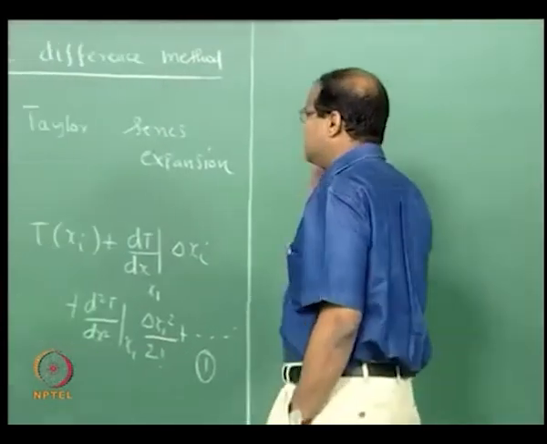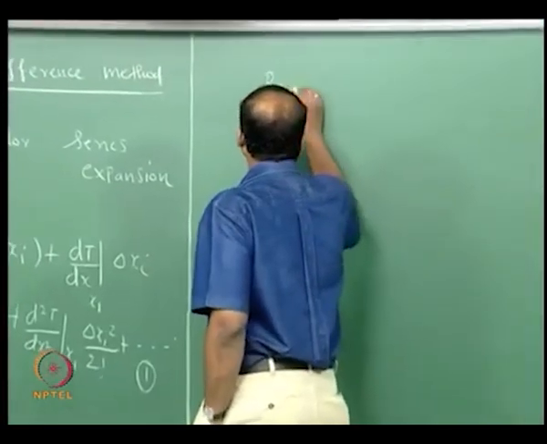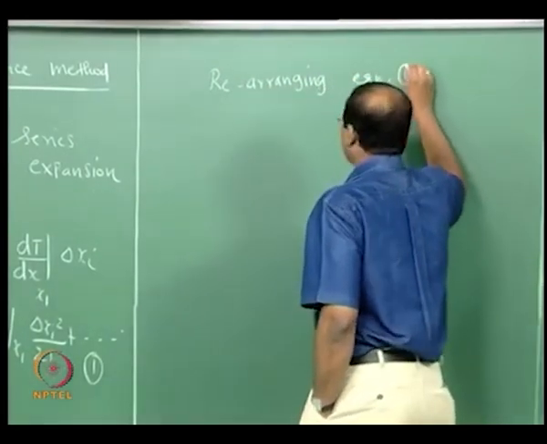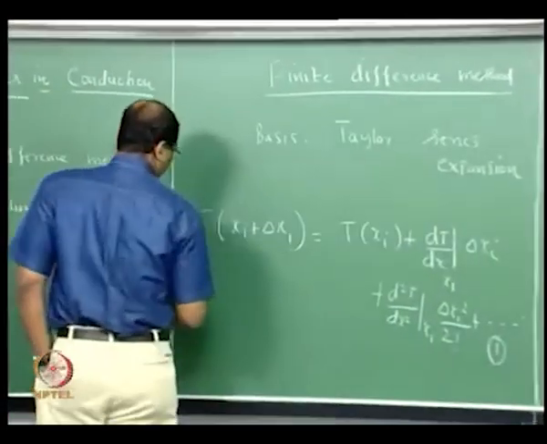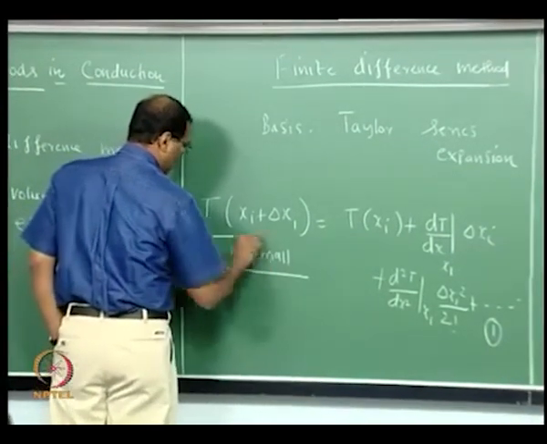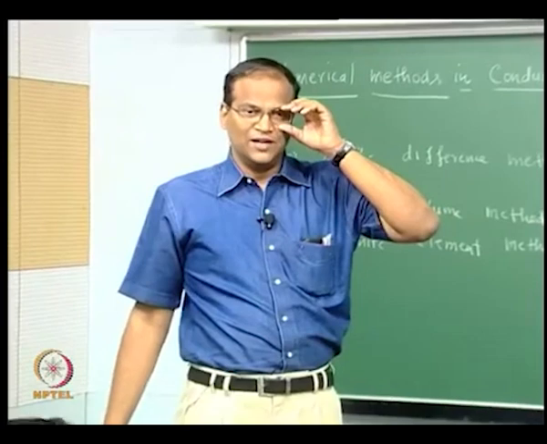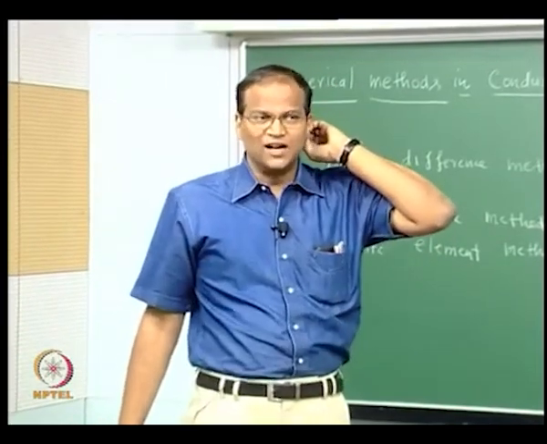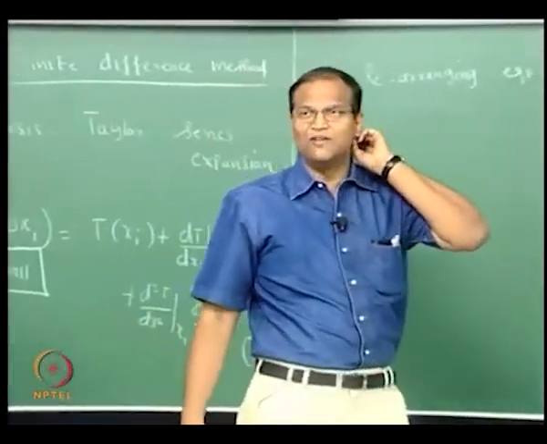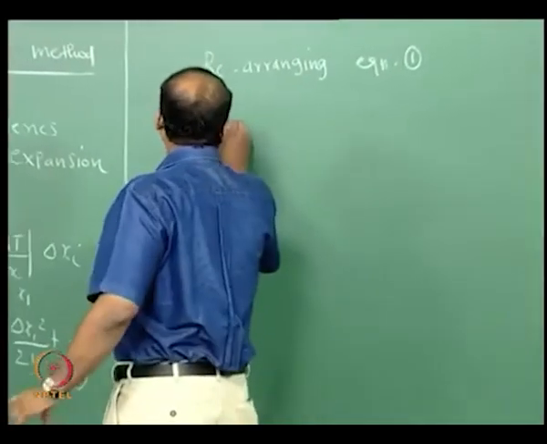Now this equation can be rearranged for dT by dx. Delta xi is small compared to xi, a small expansion, that is very important. It is xi plus epsilon. If x is 100, delta x should not be 75. If x is 100, delta x can be 1, 0.5, 0.1 like that. It is called a small expansion. Alright, rearranging equation 1, you have